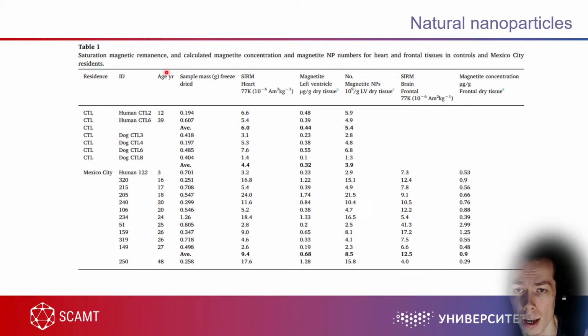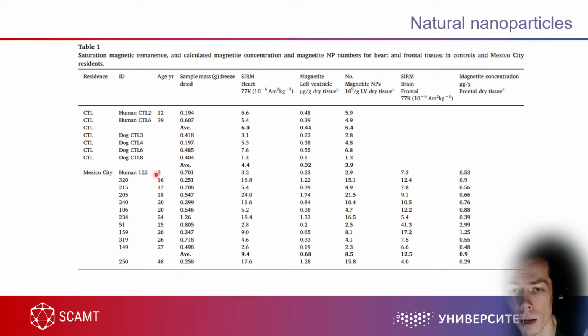As you can see, the average age of these humans is in the 20s, and in some cases 40s. So even at this stage of our life, a very, very young human, just 3 years old, we already have nanoparticles spread around our organism. And the question raised in this paper and in other papers is that we are exposed to these nanoparticles from different industrial processes,